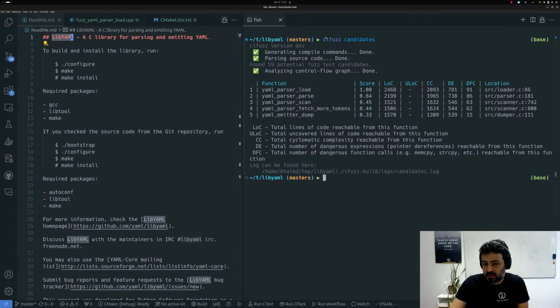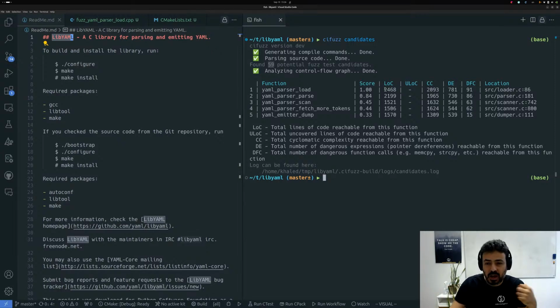As you see, this is a library that contains roughly 6,000 lines of code, so parsing this code is very, very fast. What you can do is automatically scan through this code base, parse the code, see which functions call each other, and based on this view, compute some metrics. So in this example, you see there are 59 functions that are potential candidates that you can write fuzz tests for. In this case, we leverage the static analysis to see